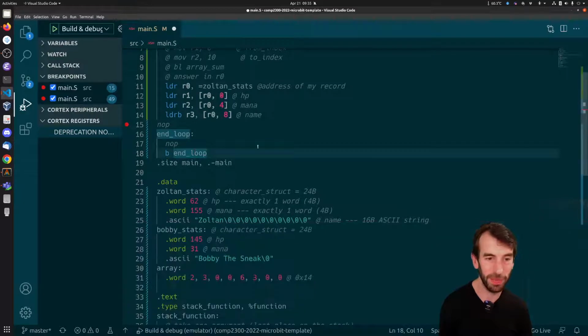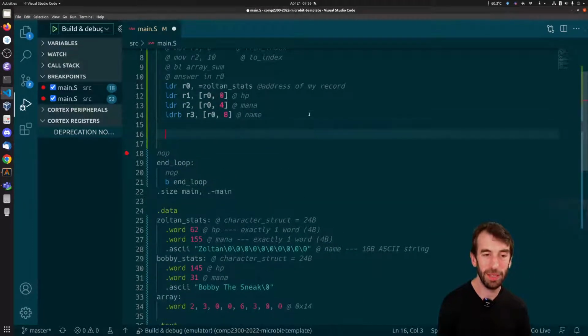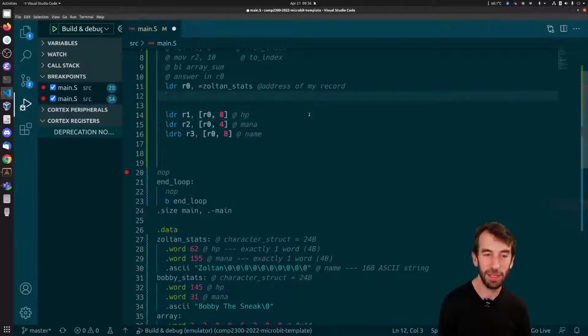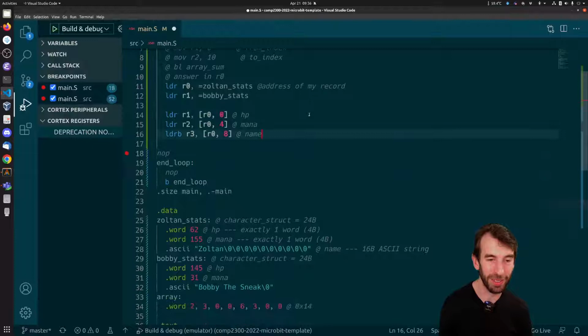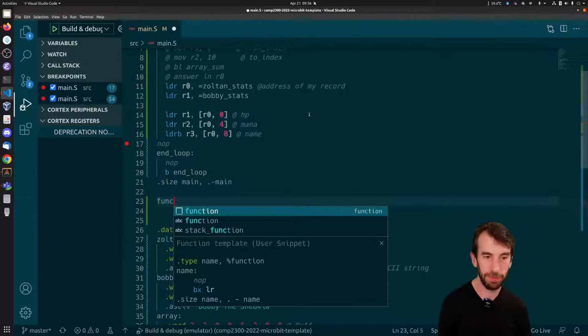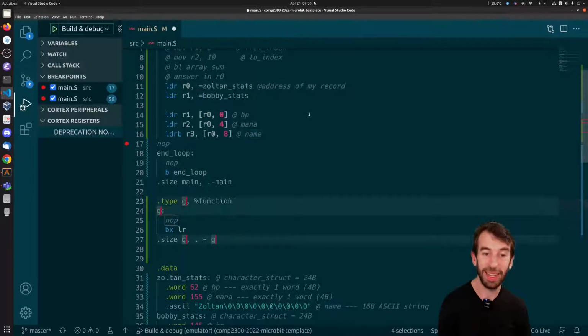Why is this cool? Well, suppose I want to quickly get the HP of each of these characters. Well, the HP is boring. What about getting the mana of each of these characters? So I could make a function which is going to get the mana for me, taking in a